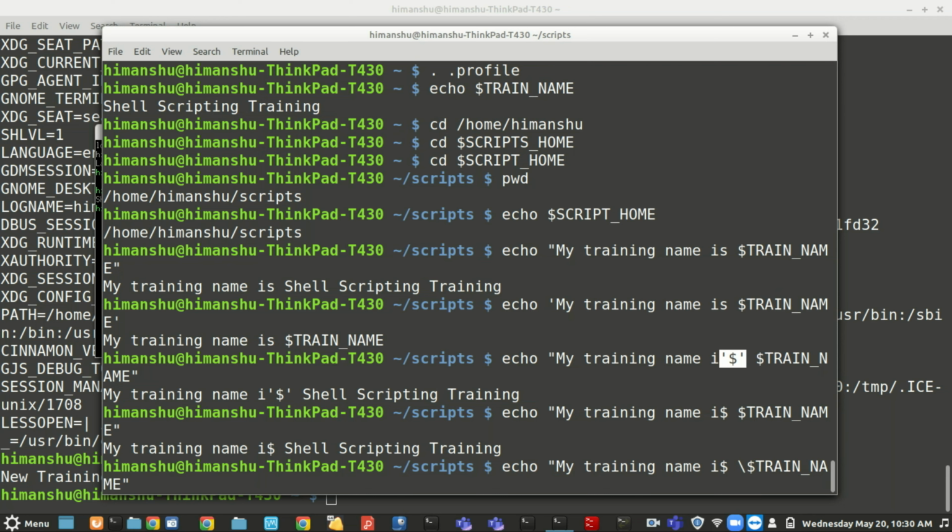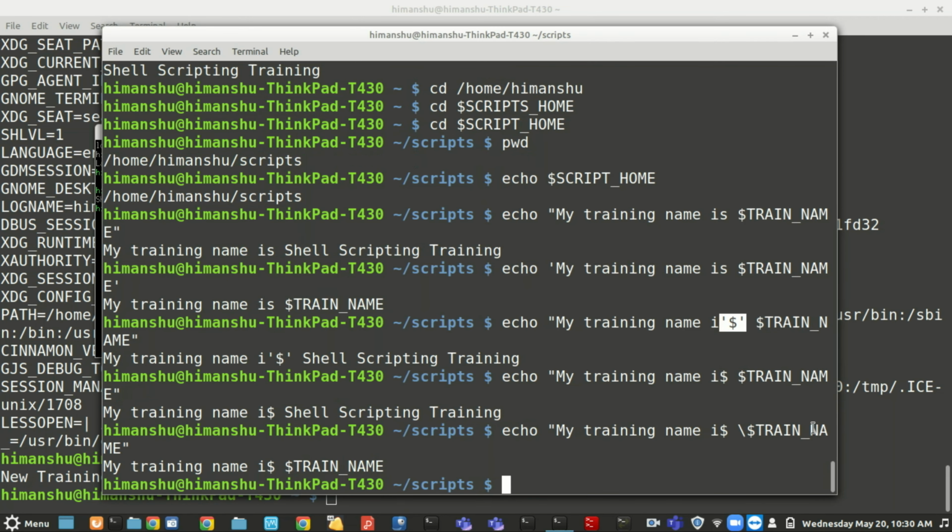Escape character is a backslash. So when I give the backslash, it is ignoring this dollar and taking it as a string only. So now see, it has not replaced the variable $train_name, but it has taken the dollar as a single string character and train_name as a normal value.